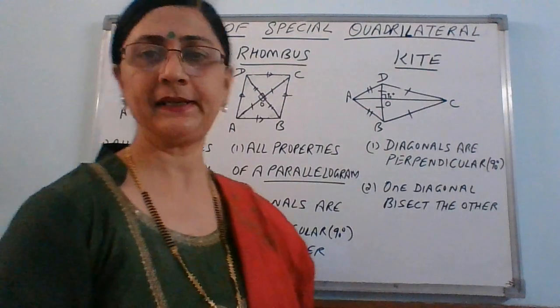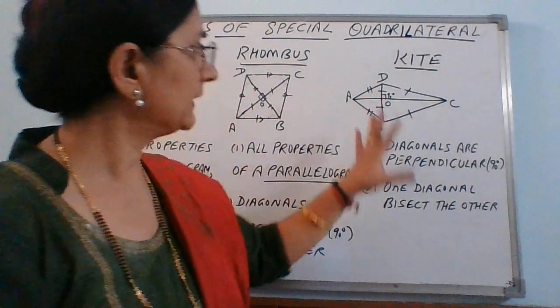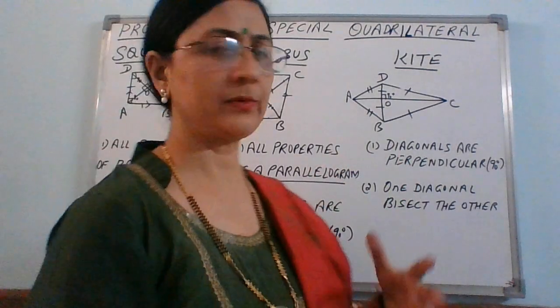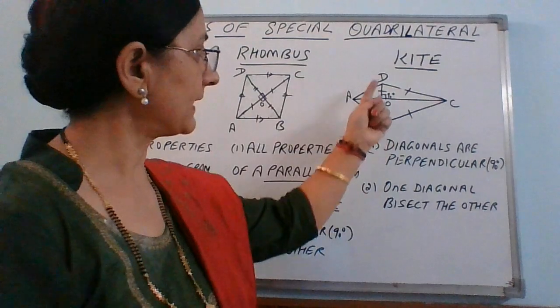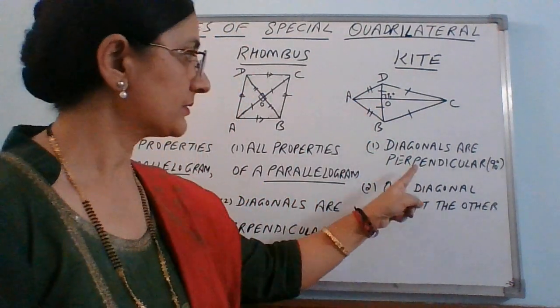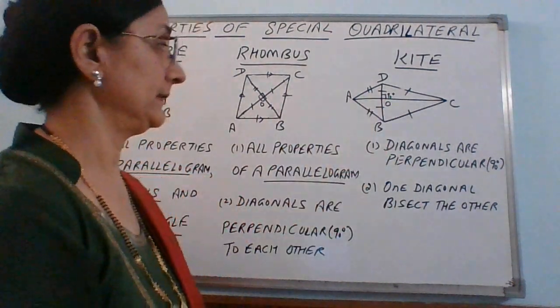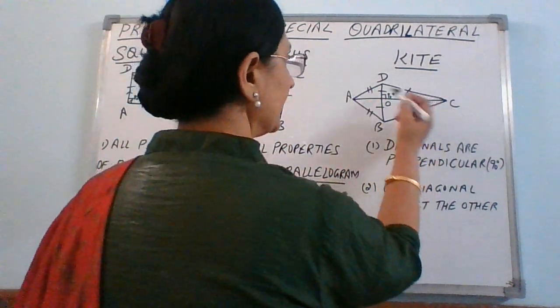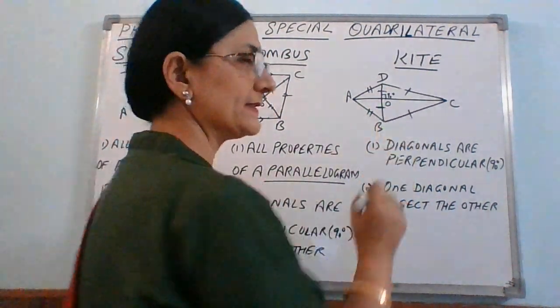Now comes the kite, the last one. Kite also has the different properties, right? Not similar properties. Now here it doesn't have all the properties of a parallelogram. So the property is that the diagonal bisect, right? The diagonals, they bisect at 90 degree. So they are perpendicular diagonals and one diagonal bisects the other. This diagonal AC, it bisects this diagonal BD, means this part is equal to both the diagonals, they don't bisect